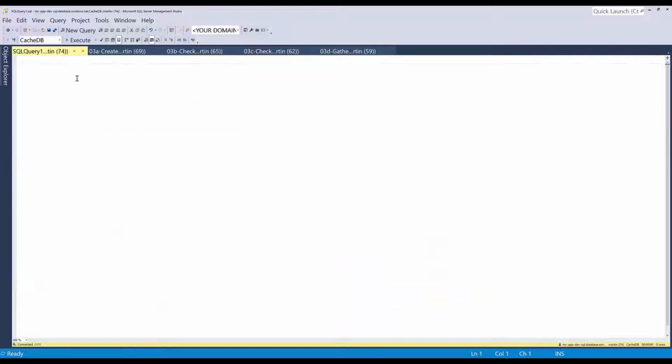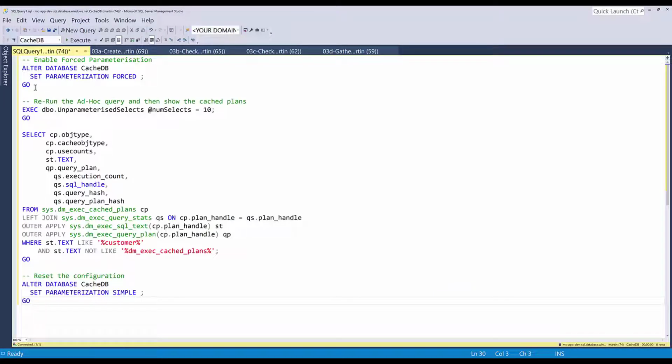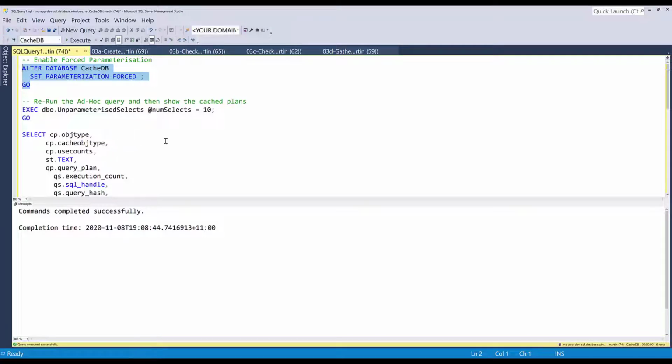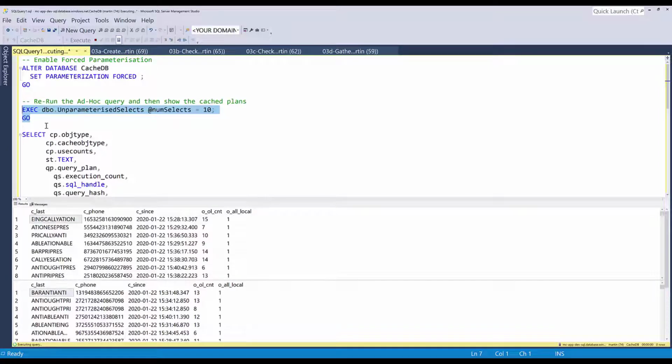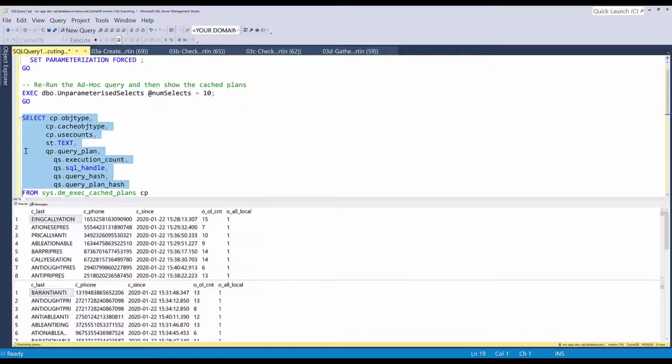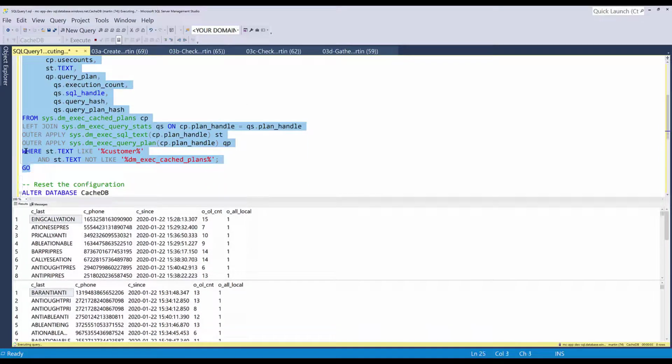So let's grab that, drop it into our new query window. First of all, we're going to set parameterization to be forced at the database level. Now when we run our unparameterized selects again and go through and verify what's happened to the plan cache,